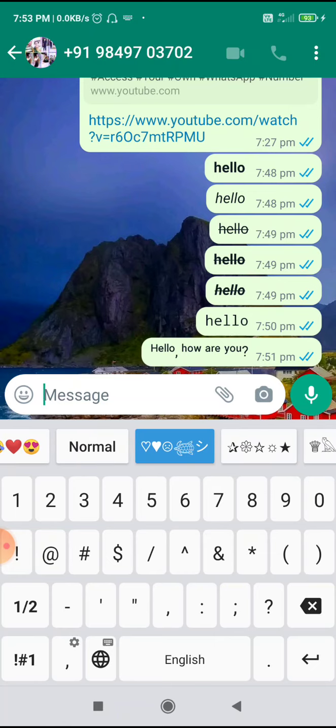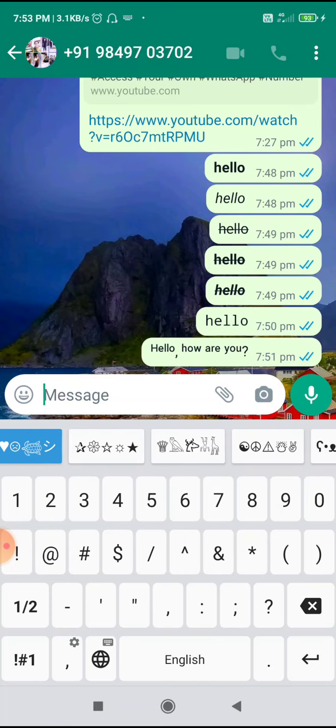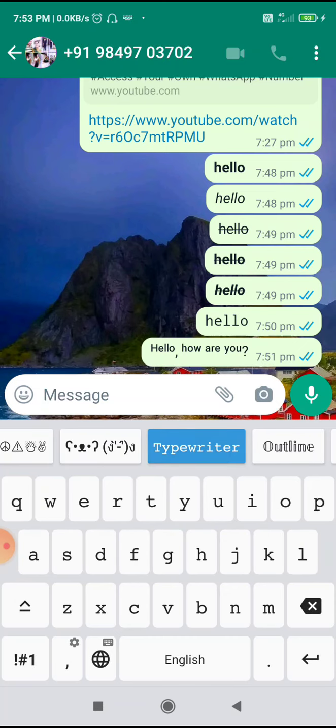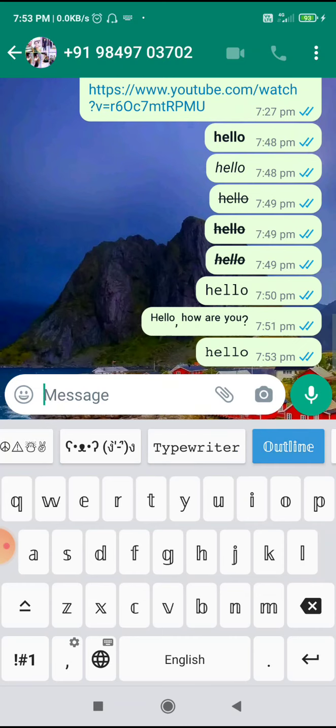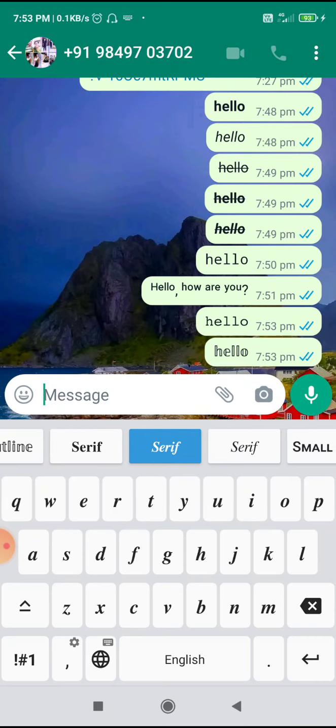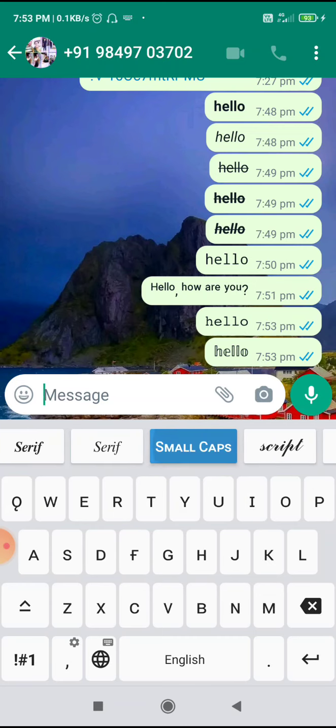Your keyboard is going to change after installing that application, and you can see here there are different types of pre-formatted texts available. You can use those pre-formatted texts, outline, and you can check here different types of styles are provided.